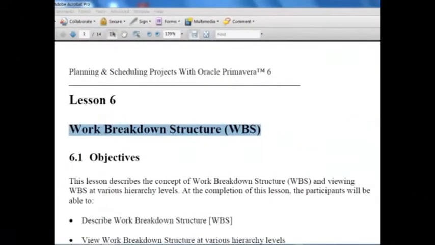Welcome back. Lesson 6, Work Breakdown Structure, WBS. If you're coming from P3, that means Primavera Project Planner or Primavera SureTrack Project Manager, this may be a new concept. And now we have a different way of looking at project organization. So let me walk you through a couple of examples and I'll show you what you have to do in